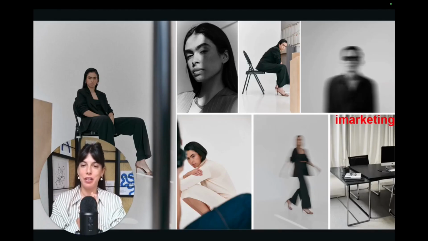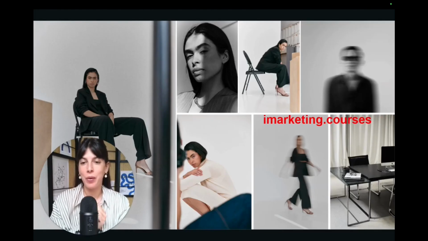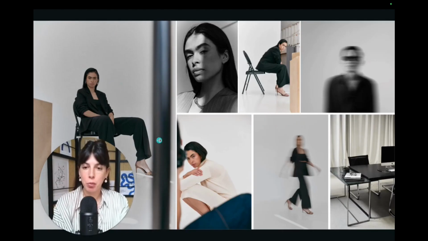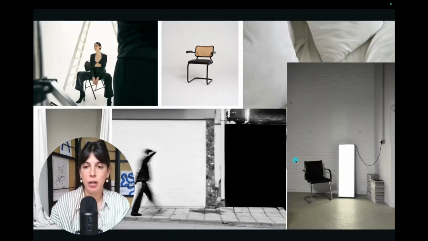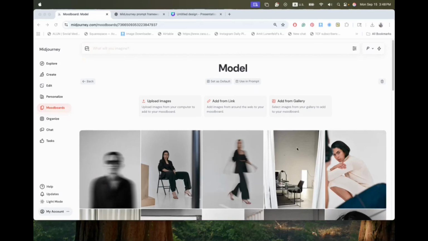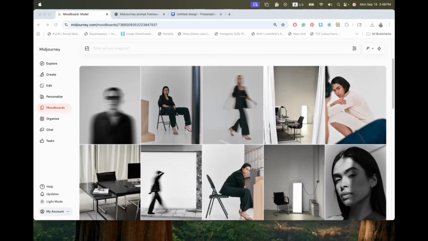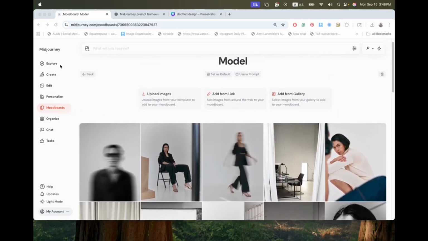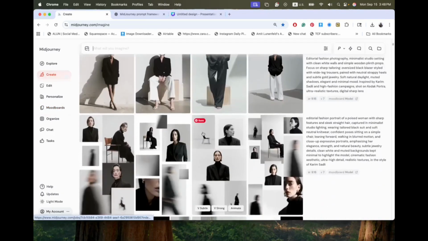Hi everyone and welcome to today's class. Today we're going to work on consistent model creating with Midjourney and how to do it with specific themes, specific style. So for our reference for today, we're going to use this mood board, which I created in Canva. You can see the model, you can see the mood. So let's dive in. Before we even start, we go into Midjourney, create our mood board for the project. So you can see here all the images I just showed you on the mood board are already here. And the first step we're going to take is creating a good prompt.